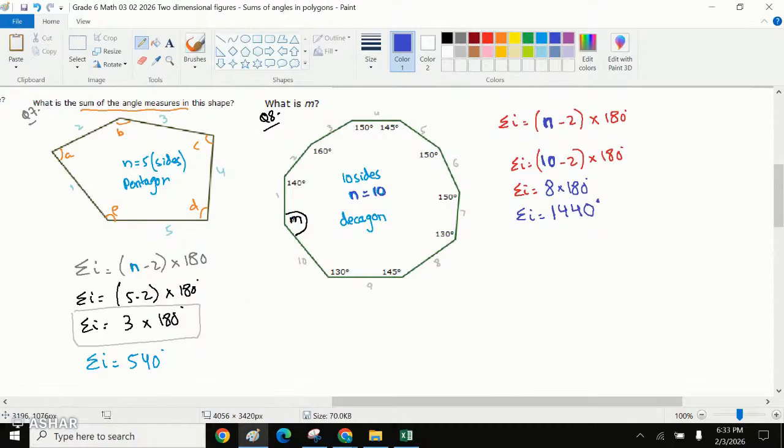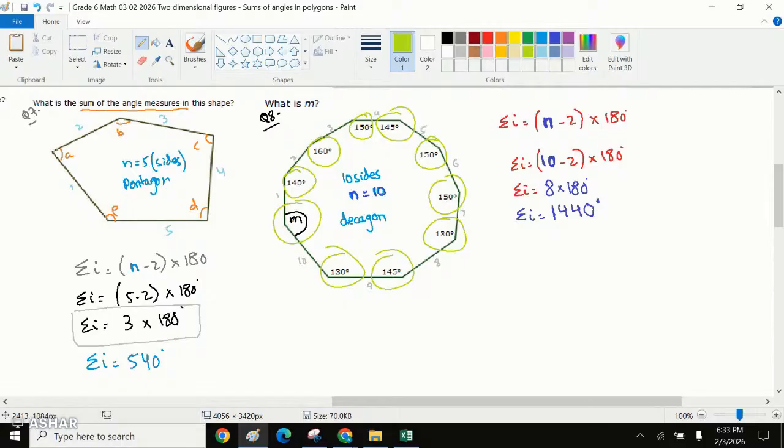Right? So now, if all these angles, angle number 1, 2, 3, 4, 5, 6, 7, 8, 9, and 10, if we add them,